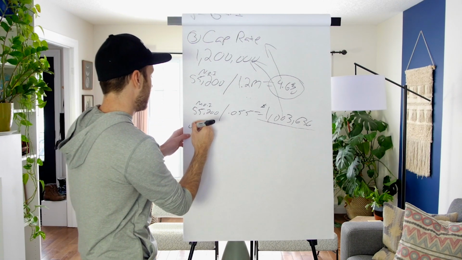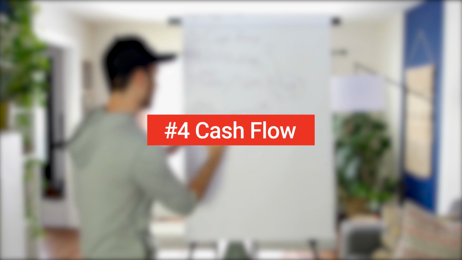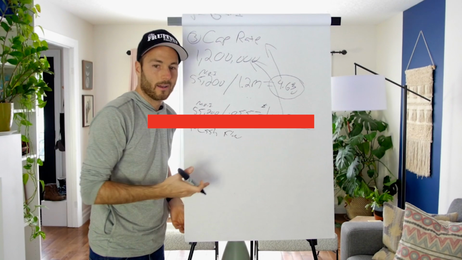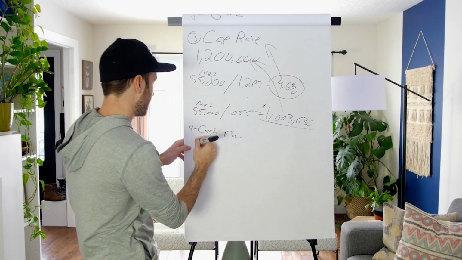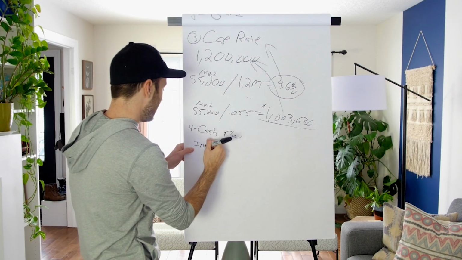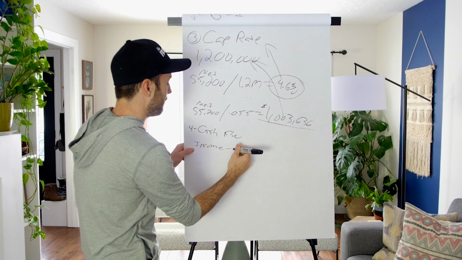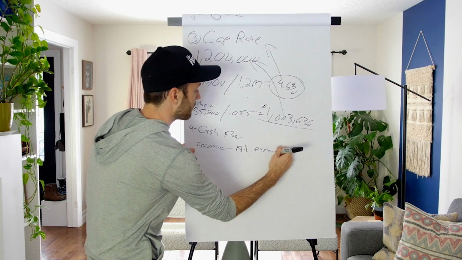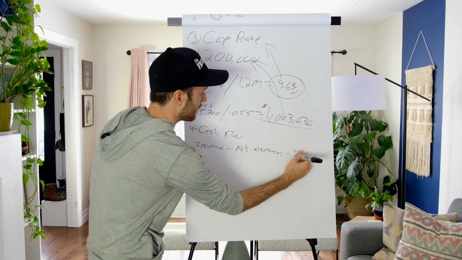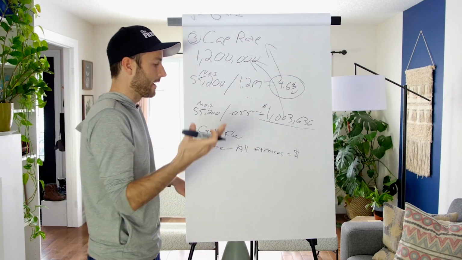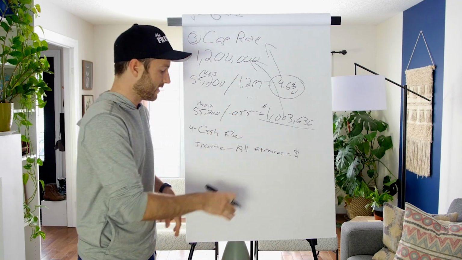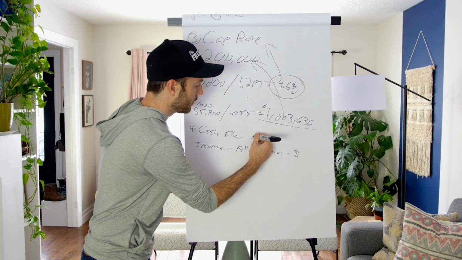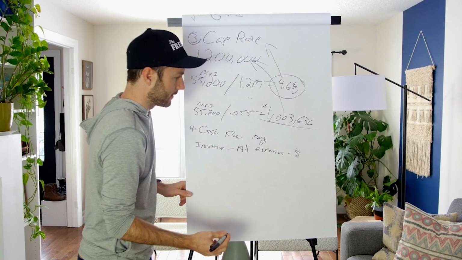All right, the other term you got to use is cash flow. I gave it away at the beginning, but super important. Obviously, we want to know how much money we're going to make. How this works is much easier than these guys. We're going to take the income minus all expenses, and very easily that gives us the cash flow. How much money we're going to make at the end of the month or the end of the year with this building. I take all the income, I subtract all the expenses, mortgage included, all of the expenses equals cash flow.